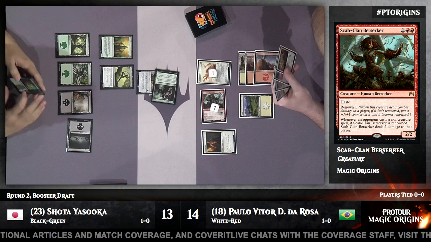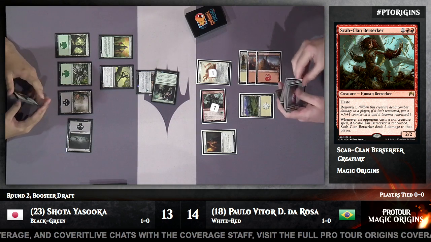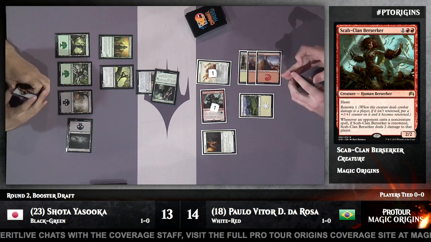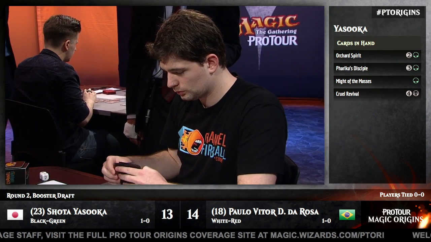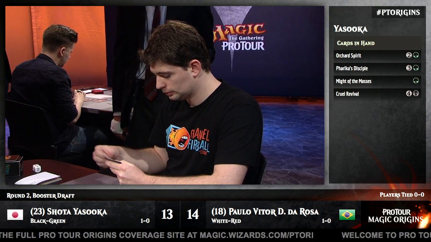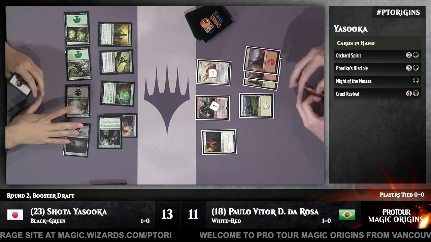Okay, so equip up Yeva's Force Mage and attack with it. No great blocks here for Paulo. Enshrouding Mist is a card that Shota would keep in mind here as the only combat trick really available to Paulo, but he just takes the damage. So 3 damage, and